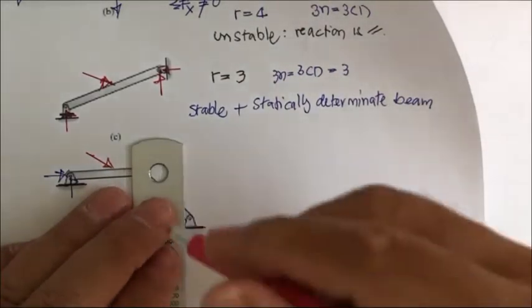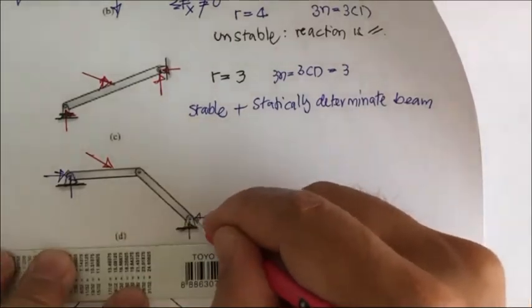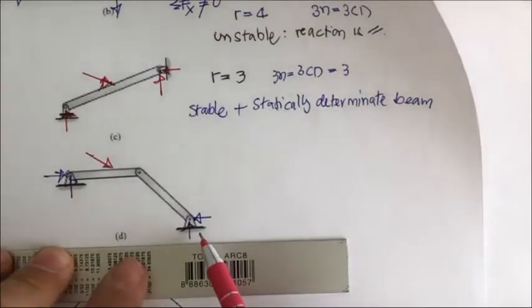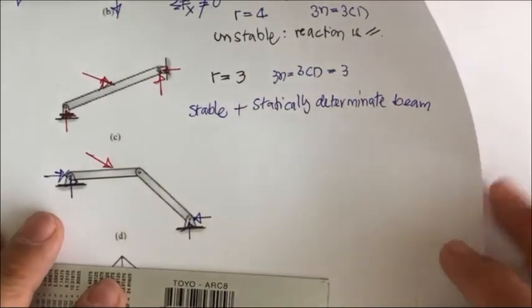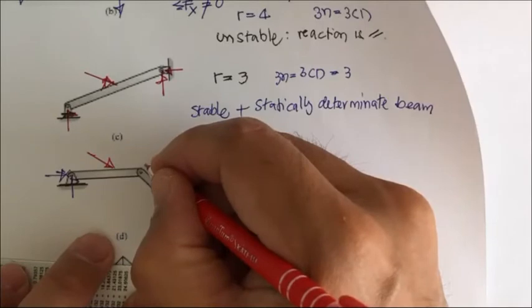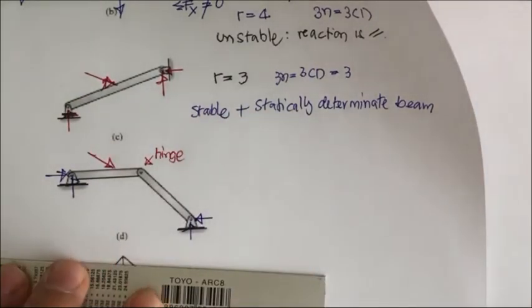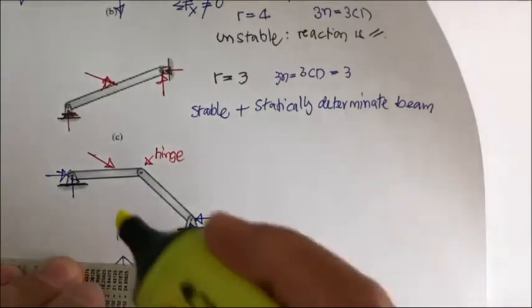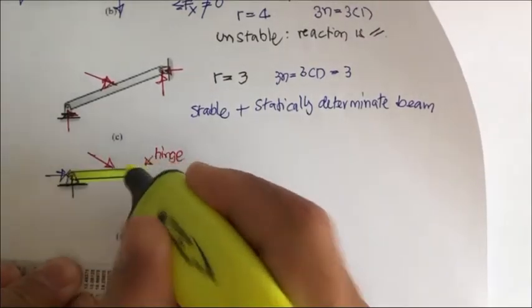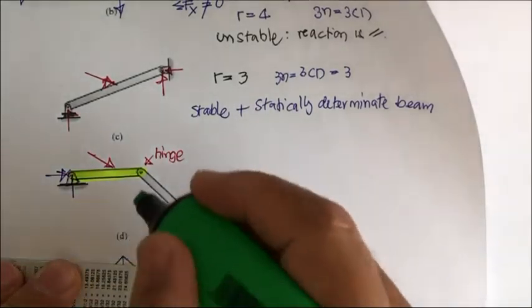Also, the structure has the pin here, so there are two more reactions. Since the structure is connected by the hinge, that means this structure must be separated into two portions,